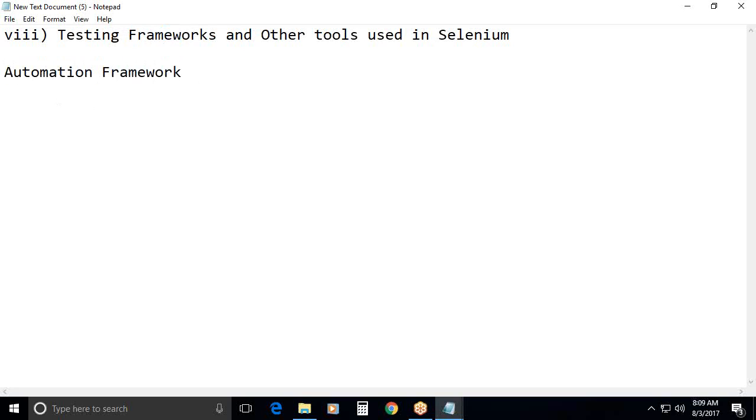What is an automation framework? A systematic approach or a systematic process to automate software applications. That is an automation framework. Examples are keyword driven framework, hybrid framework, etc. Framework names are also local. Next,